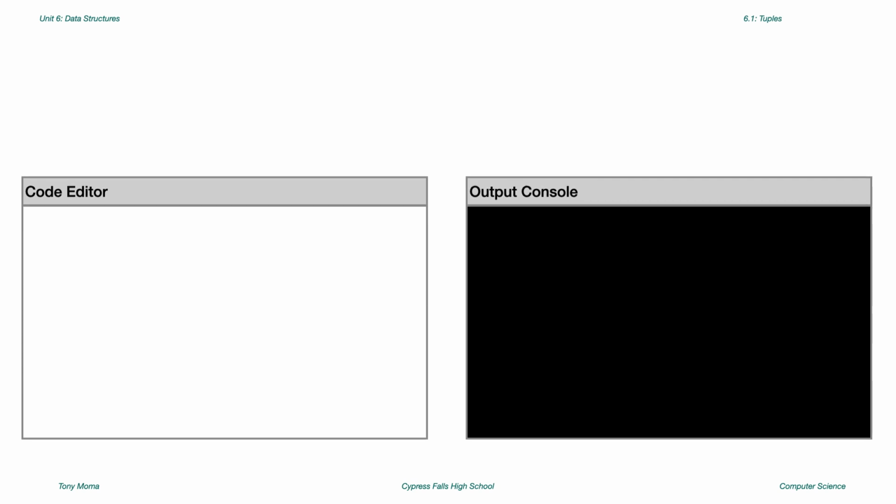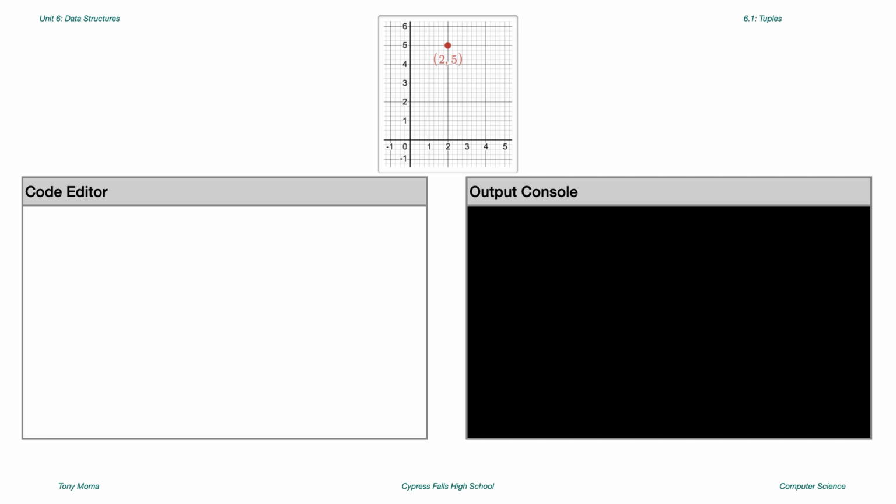To understand why a tuple would come in handy, consider the following situation. Suppose I want to store information about a data point on a graph. As you know, all points have an x-coordinate and a y-coordinate. So, one way I could store information about this 2D point would be to have two variables, one for the x-coordinate and one for the y-coordinate. However, this approach is kind of messy because we're having to use two variables to keep track of what's really